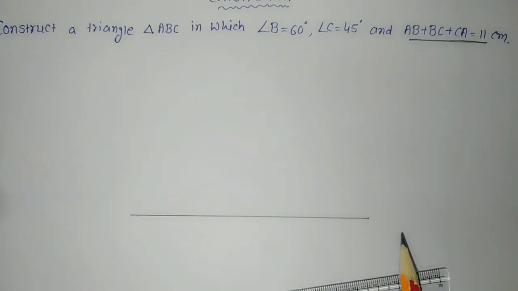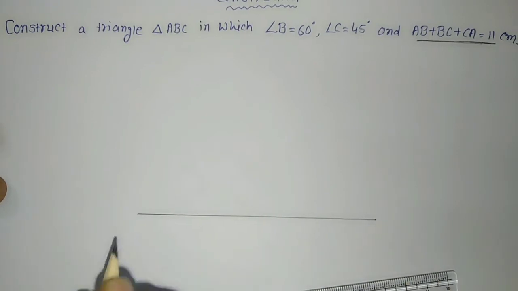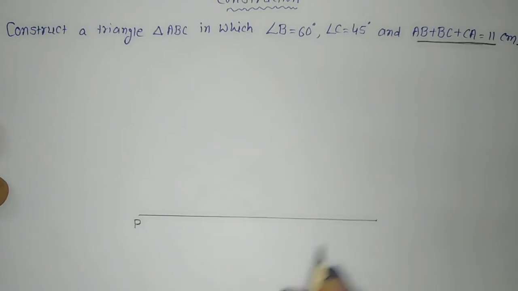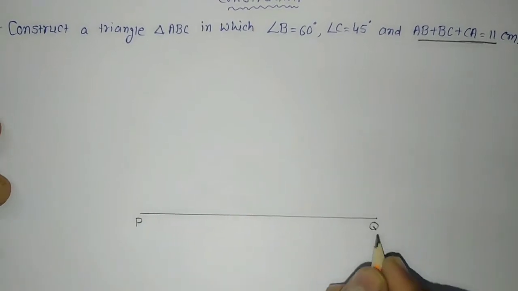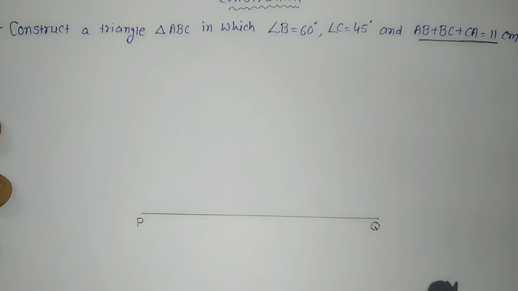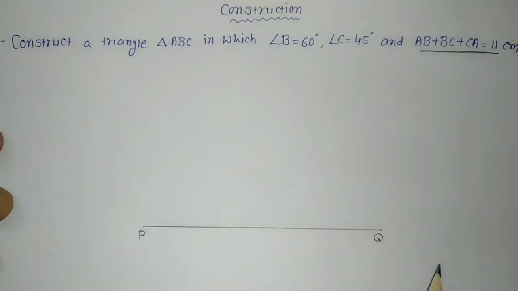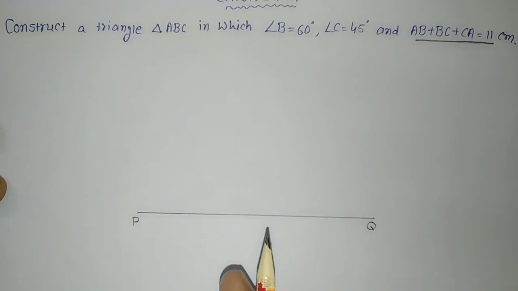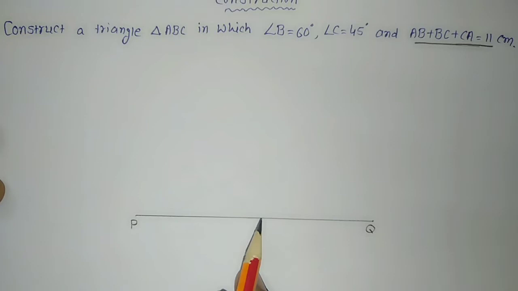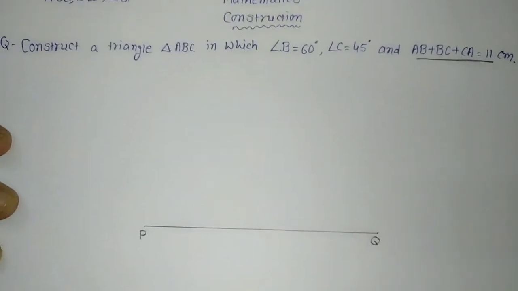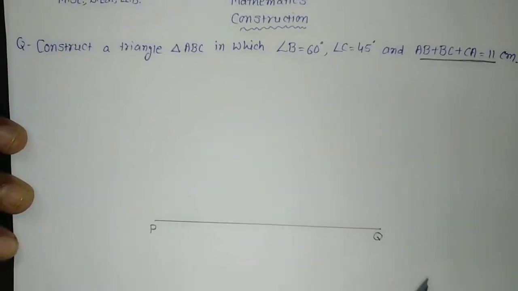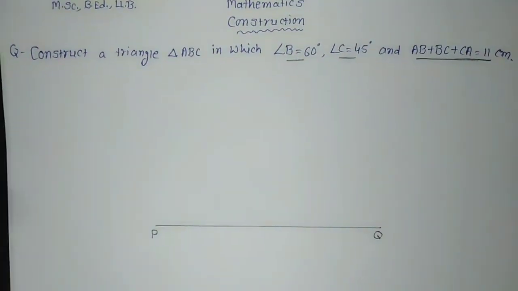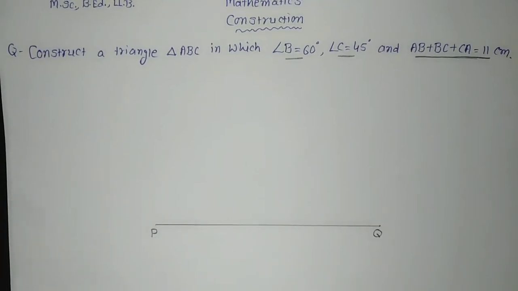I am not forming any triangle ABC presently. First of all, to this line segment I will give a name which is different from the triangle's name, that is line segment PQ. PQ is equal to 11 centimeter. Now we can make this angle B at this side as well as this side. In that case, I will make angle B at the side of P and angle C at the side of Q. Remember that. In that way only I am going ahead. Angle B we want to take 60 and angle C we want to take 45. The same measure I will take at point P.